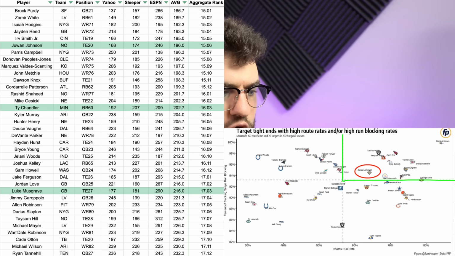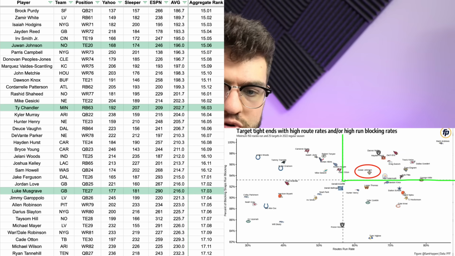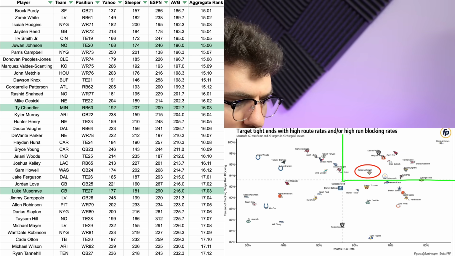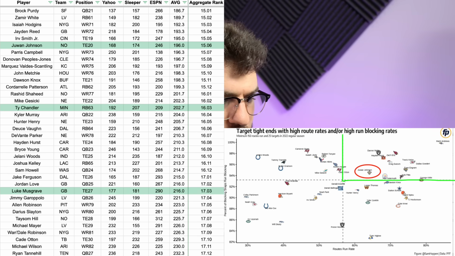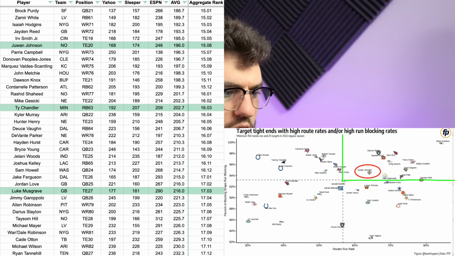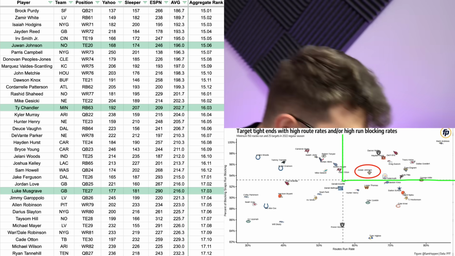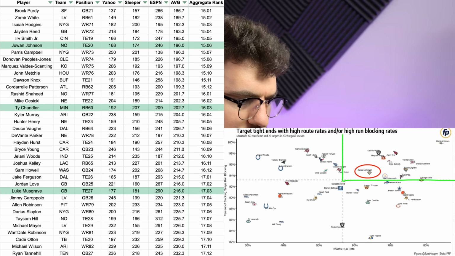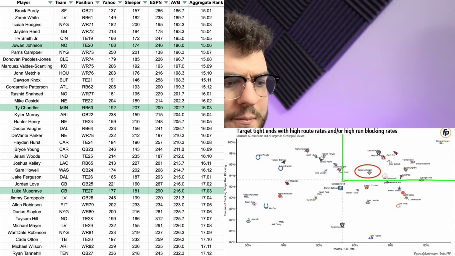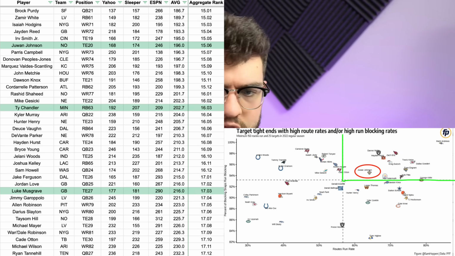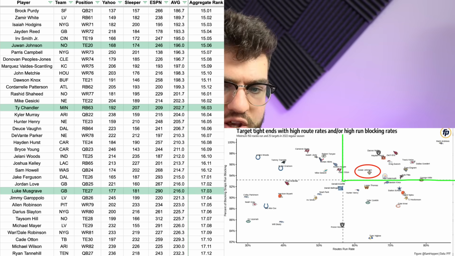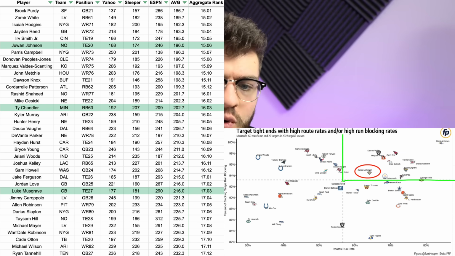And this is a really cool chart from Sam Hoppen over at FantasyPros where it shows Juwan Johnson. We want guys who run routes and don't run block a ton. We also want guys who do run block a ton and then also run a ton of routes, because they're going to be on the field running routes with everybody else. Yeah, I think that's what the chart says. So you want everybody in that top right, because those are guys who are going to be running routes and involved in the passing game. And Juwan Johnson's in that top right quarter. Now, he's not firmly in there, but he's around other guys who are interesting.